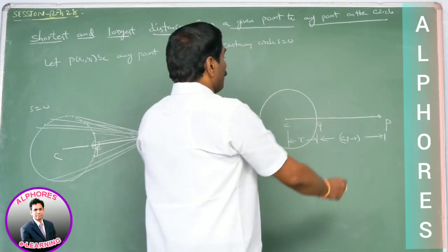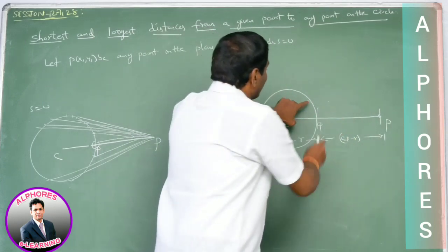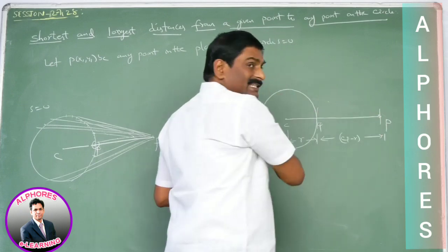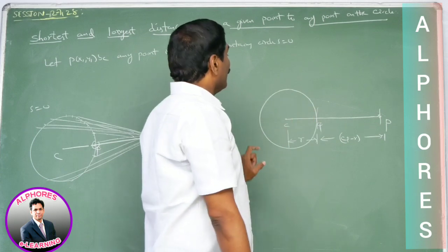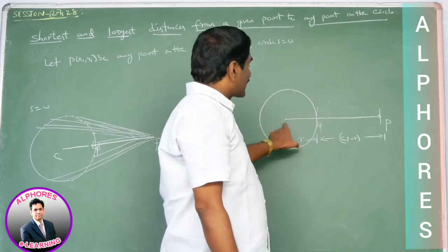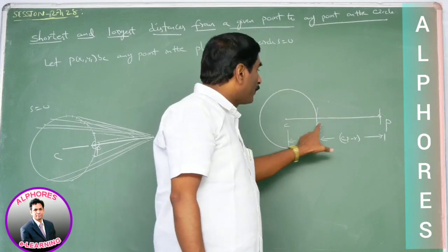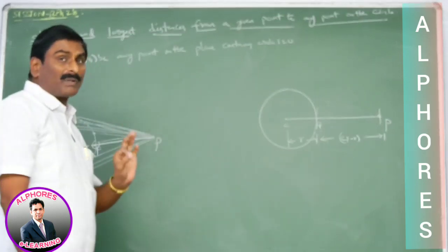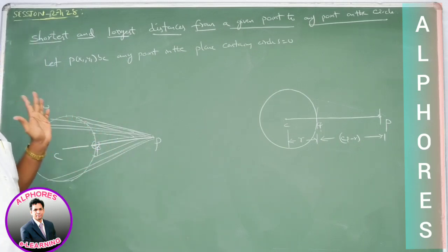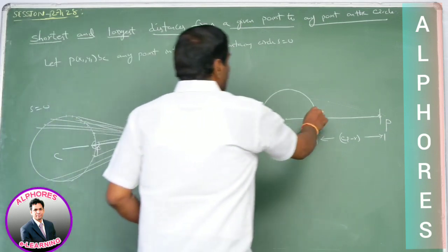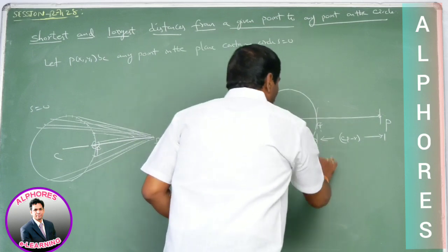Please observe this point. PQ is one of the distances. Suppose Q moves, the distance increases. At Q we get the least value. That means Q is the point of intersection of the line CP and the circle; C, Q, P are collinear. We get the minimum value at Q, where Q is the point of intersection of the line CP and the circle S = 0. The shortest distance is nothing but this value.